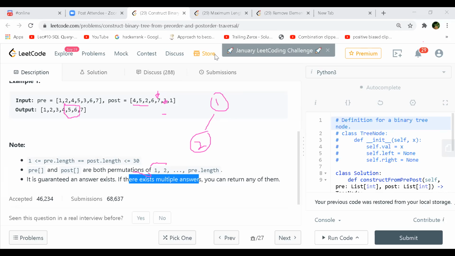And then again, if you look at 6 as another root, you are left with only 7. So 7 might be on the right or left, right? Those things might have a different implementation, right? I don't know, but yeah.